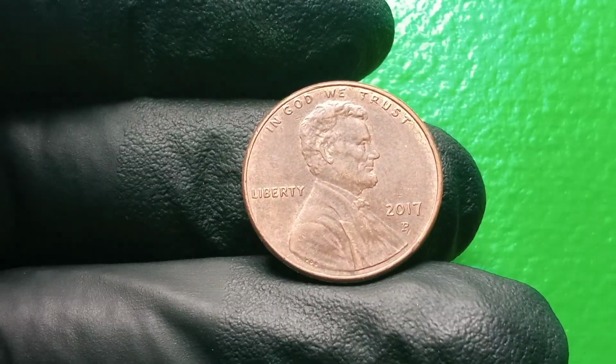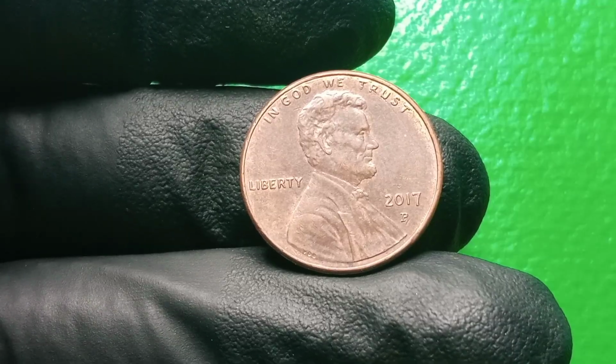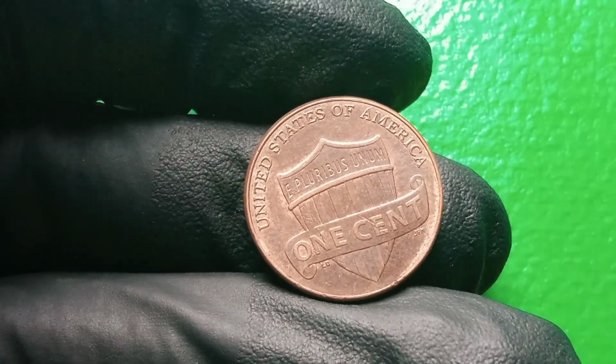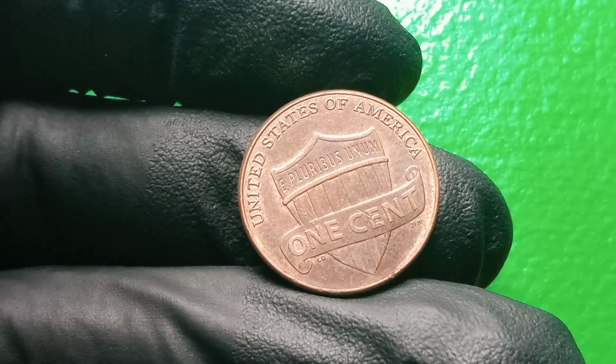almost mythical worth, starting with the fact that 2017 was the first and only year in the history of United States coinage where the Philadelphia Mint placed its P mint mark on the Lincoln cent, an act of commemoration for the 225th anniversary of the U.S. Mint. And while millions of these coins were produced and most people viewed them as ordinary, within the massive output